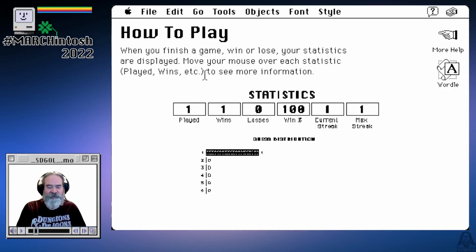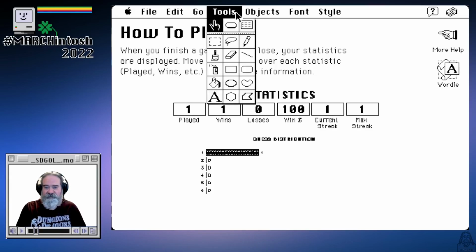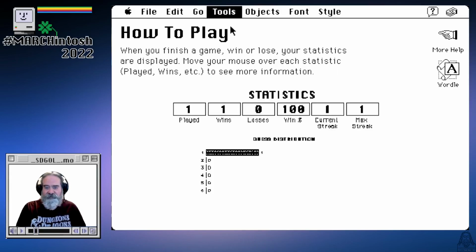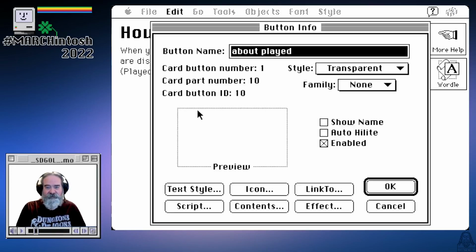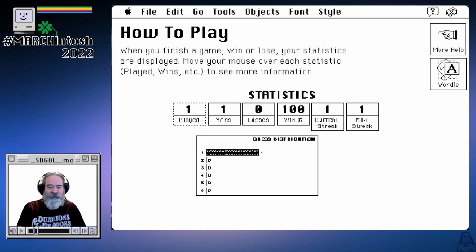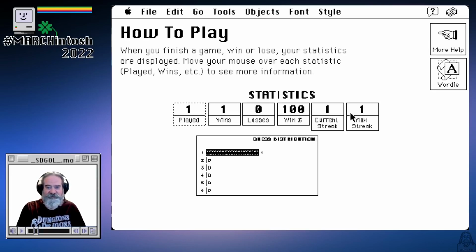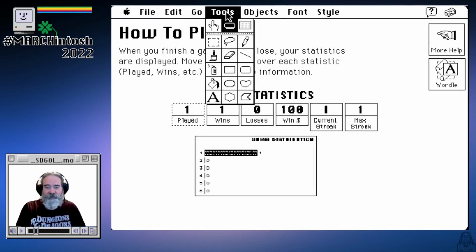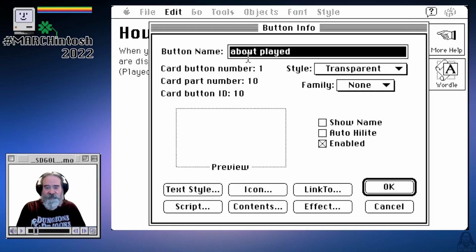When you have this area here, is it a text field? No, it's not. Let's look at the code. All right, this is a button, okay? And that button doesn't have any text or anything. All it is doing is defining a region on the screen. Anyway, so if you look at the code for this button,